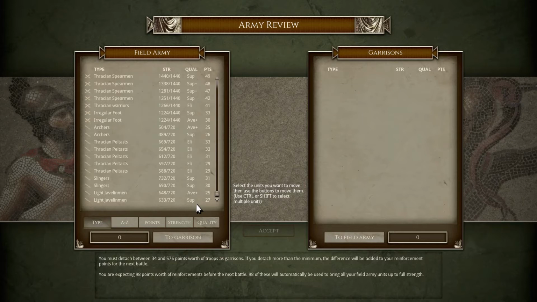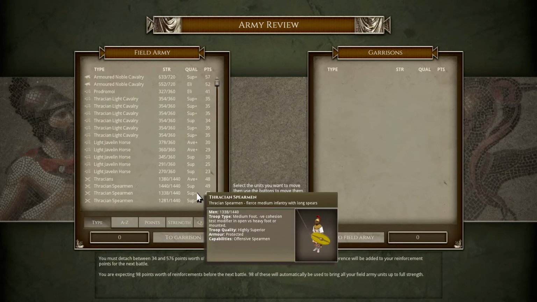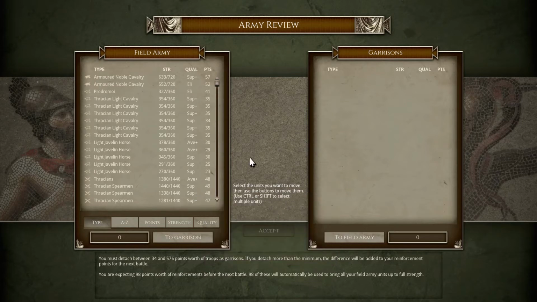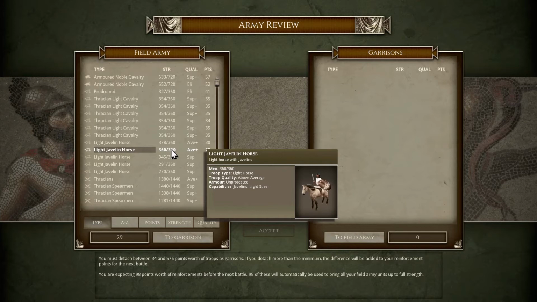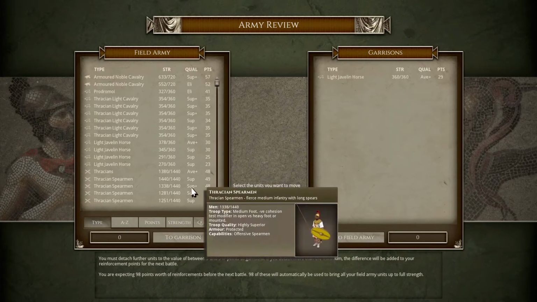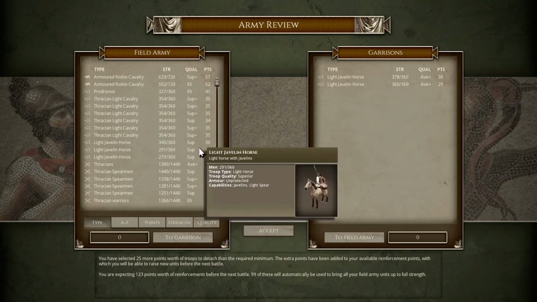So let's. It can be difficult to choose which ones to dump. We've got to dump between 34 and 576 points. That's a lot. Oh well, I guess we'll start with some average troops, and